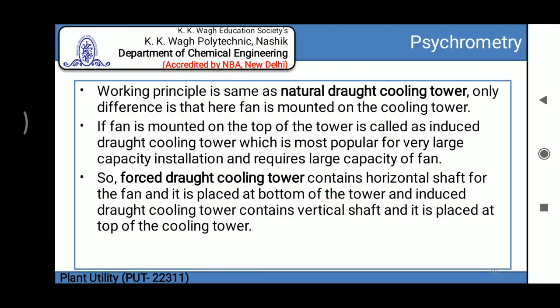The working principle of the induced and forced draft cooling tower is the same as the natural draft cooling tower. Only the difference is where the fan is mounted on the cooling tower.